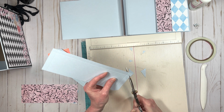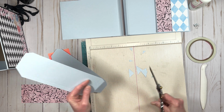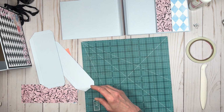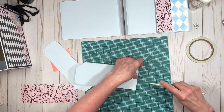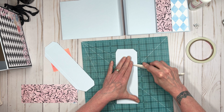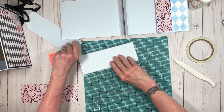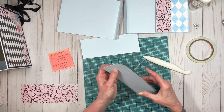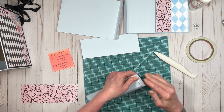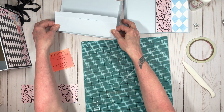Now you'll notice, obviously one is bigger. That's going to be the bottom pocket, and the smaller pocket will layer on top of that. So you can do big and little tags on these pages. So once you do that, we're going to fold and burnish. Like that. Okay,